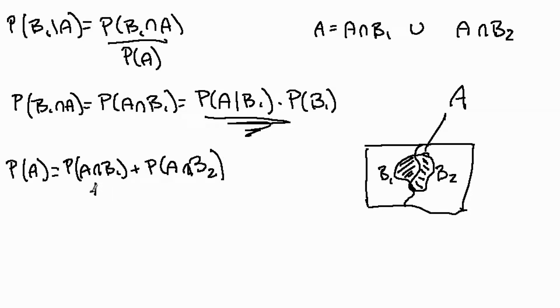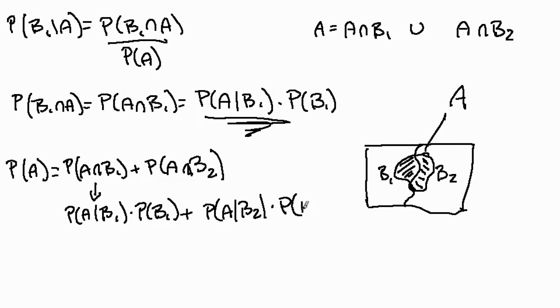But again, by definition, this is just P of A given B1 times P of B1 plus the probability of A given B2 times the probability of B2. So if we come over here and I want to calculate, here's the big mess, the probability of B1, and let's remember what that is. B1 is that we picked urn 1, given that we picked a blue ball. That is equal to, well, the numerator we just said is this thing over here,